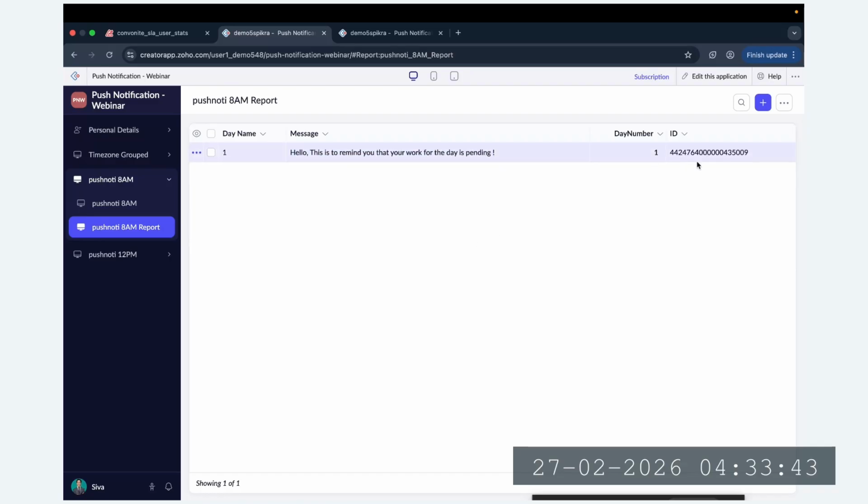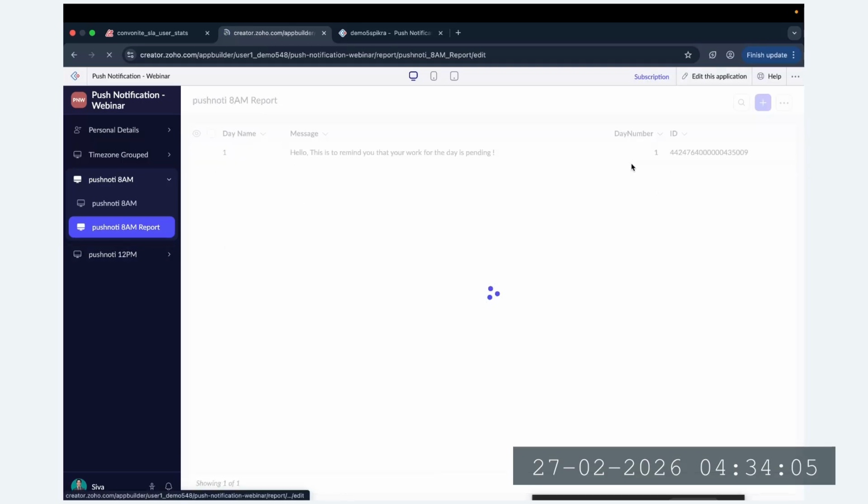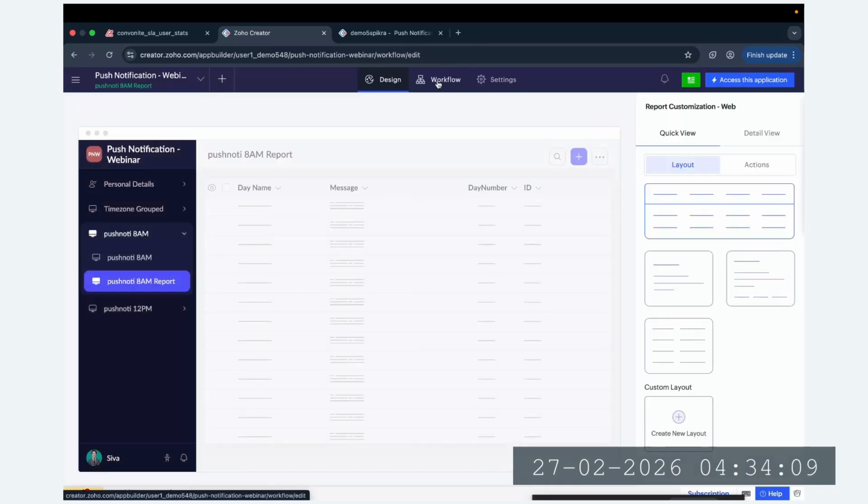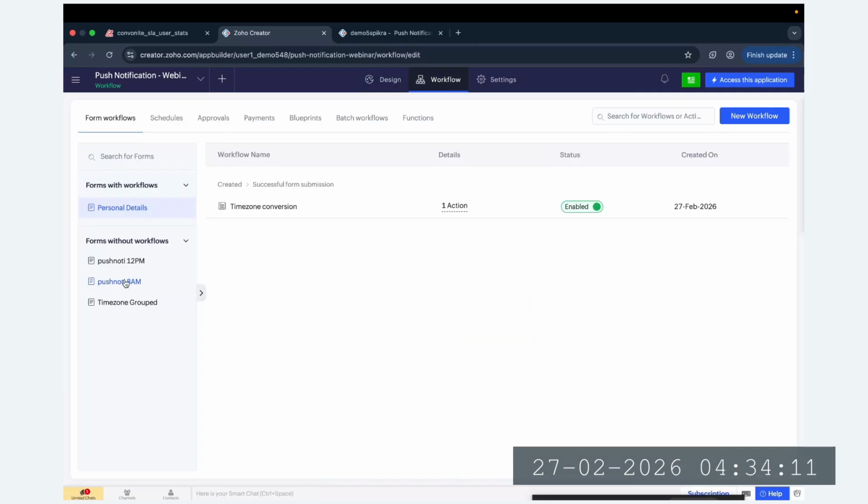And I have an ID for this particular record, for this particular row, right? So here this ID will be mapped to the notification that we are sending, and you receive this message with the notification with the title and description. The title and description will be on the script side. So if you look into the script side,